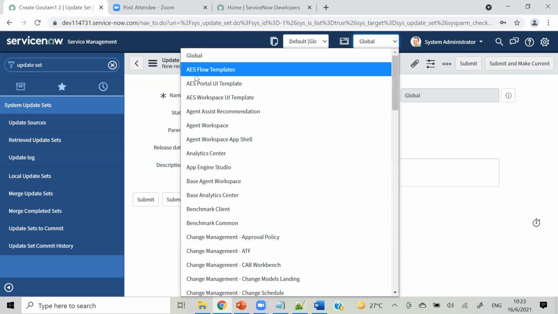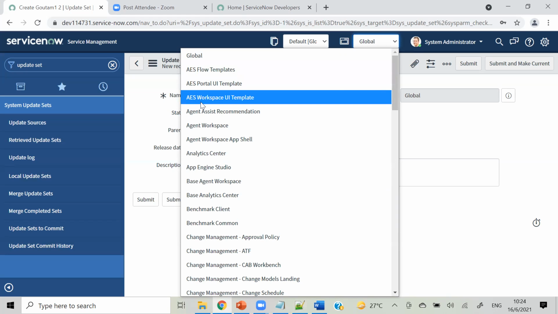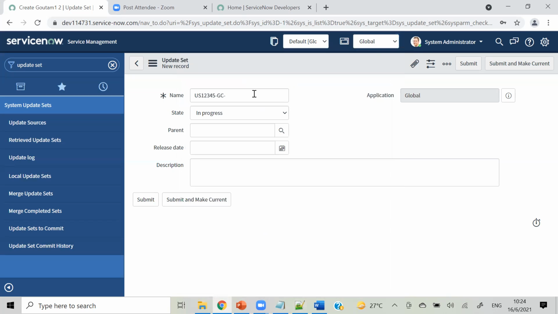If it is AES, I will give a short form like AESF, AESP, AESW, because there are two or three AES applications, so we can understand which application it is under. Here it is global, so I will give global. This is the naming convention mostly followed in every organization, but you can check what your organization follows.